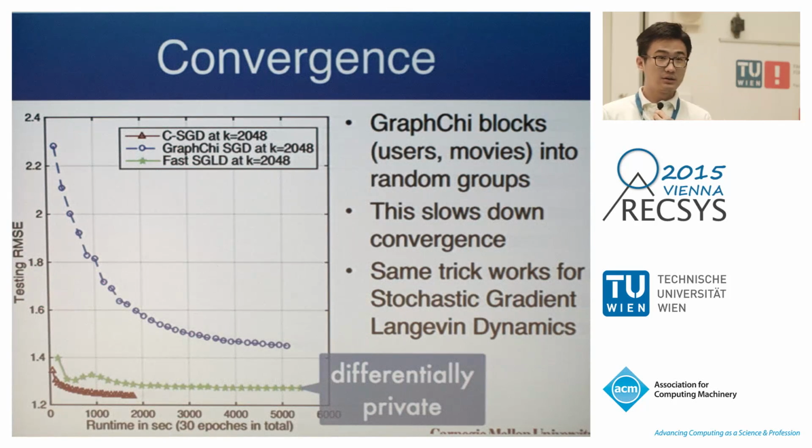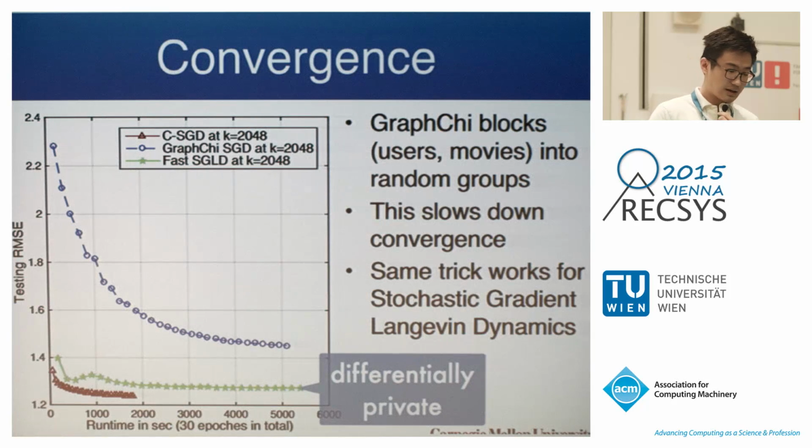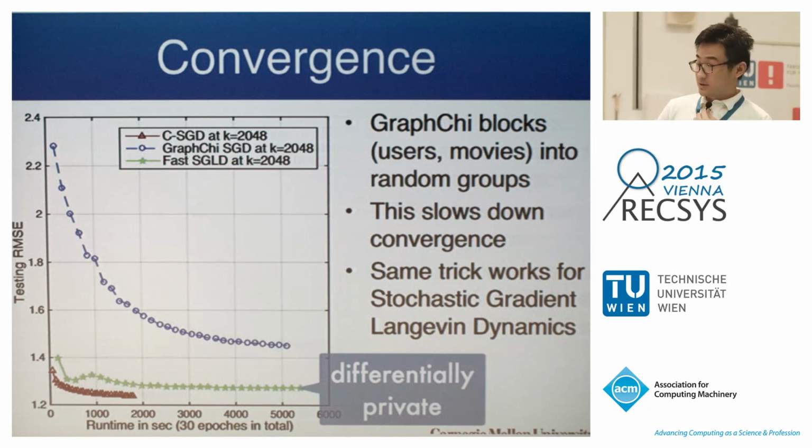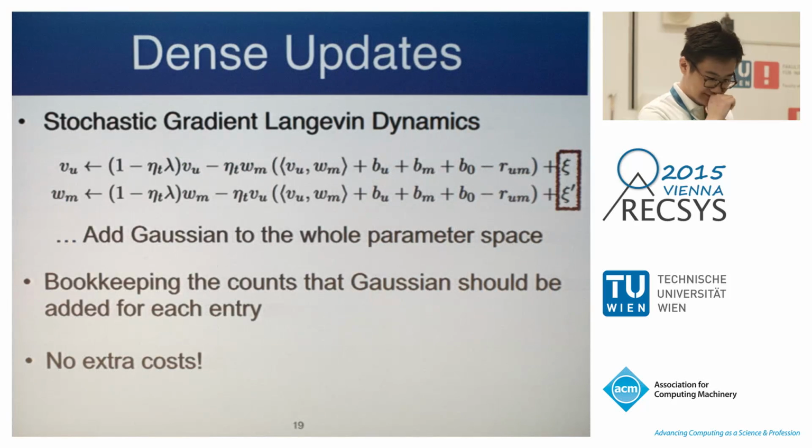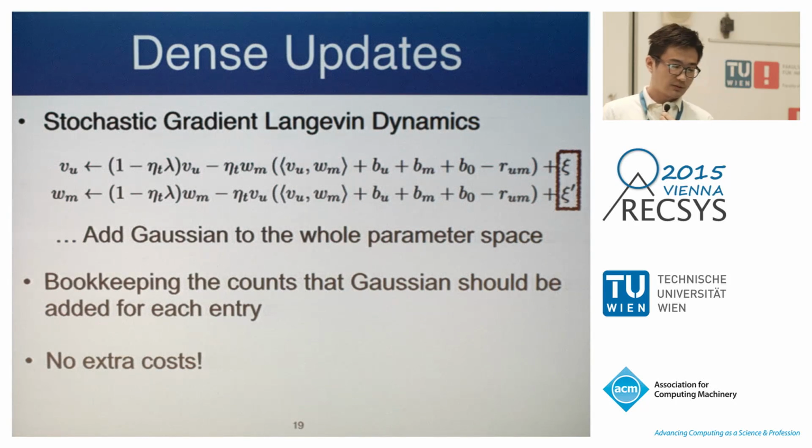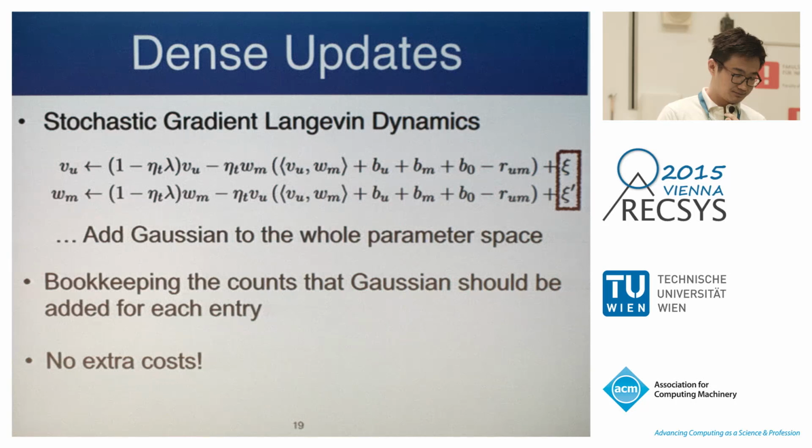The convergence: this is the result on Yahoo Music data on dimension 2048. Actually, our algorithm converges very quickly. And there are some more tricks in the algorithm. For example, for SGLD, stochastic gradient Langevin dynamics, no matter how you set your mini batch, 1 or 100 or whatever,